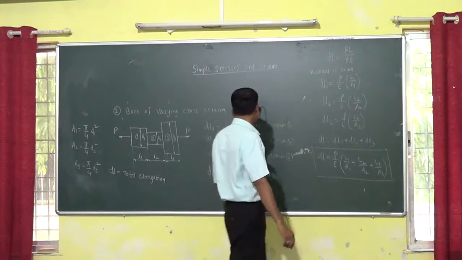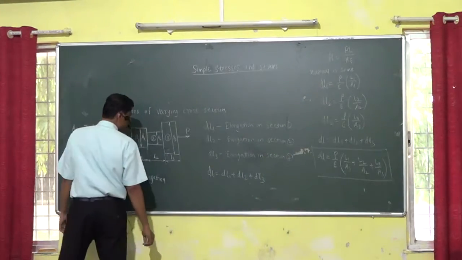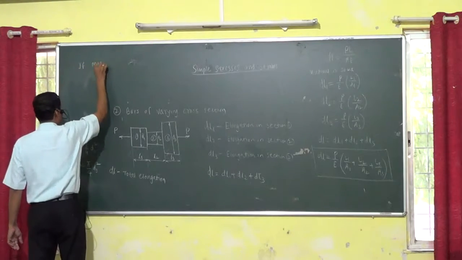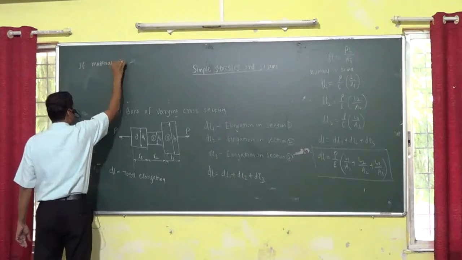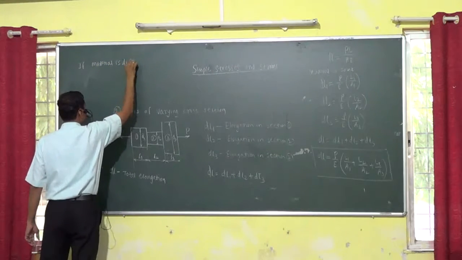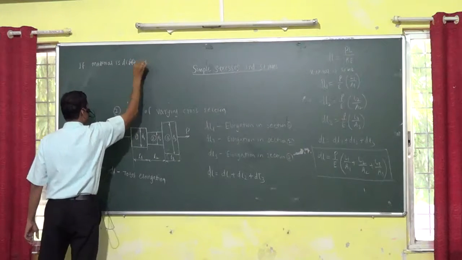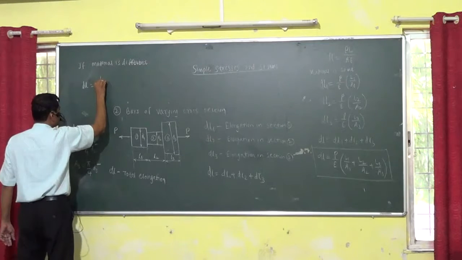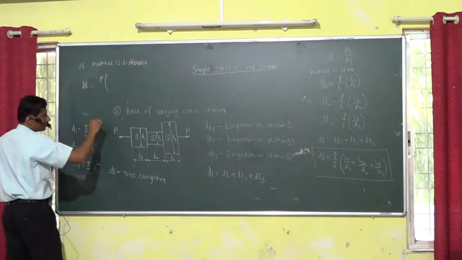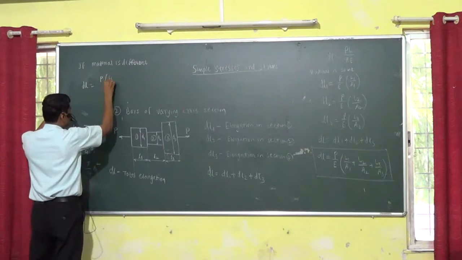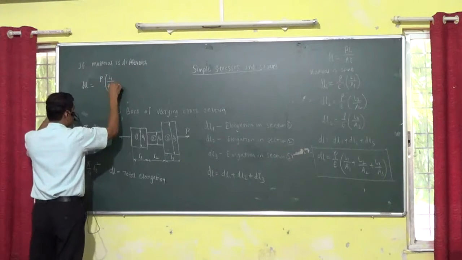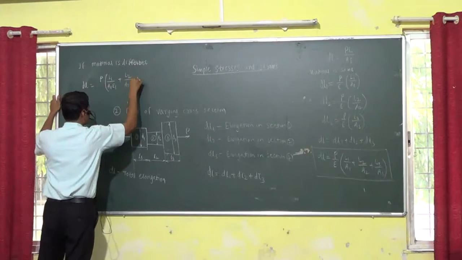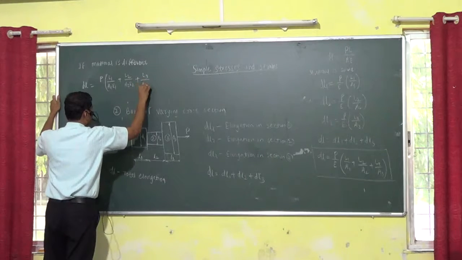In this second case, taking P common, the equation to calculate the elongation of the bar DL becomes L1 upon A1 E1 plus L2 upon A2 E2 plus L3 upon A3 E3,